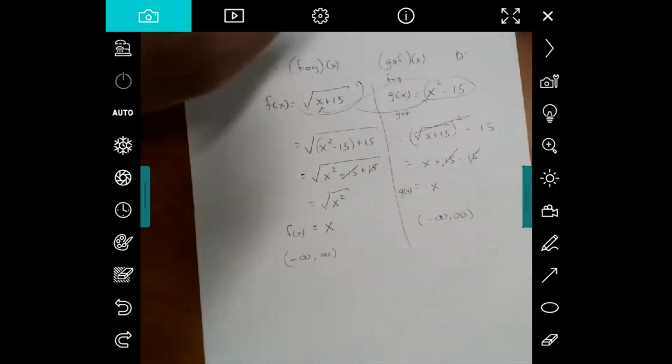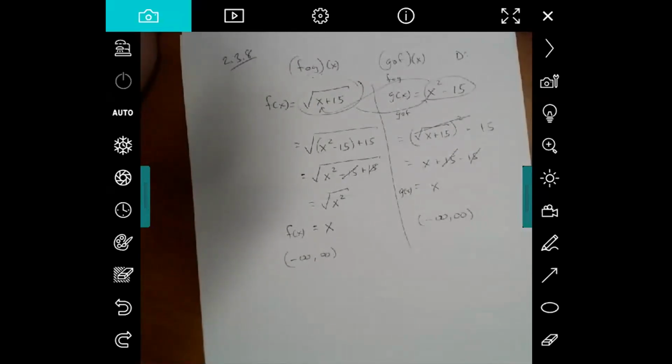Okay, the issue with that one is, oops. On the previous one, since f of x was x plus 15, the smallest individually, that one component, I wish you told me, okay, you have to look at both individually as well as the composition. The composition was x, so f of g of x was x, but they were wanting to know, okay, what are the limitations of x before you start? Before you start the thing, what are the limitations of f of x? What are the limitations of g of x? F of x, let me show you. F of x was